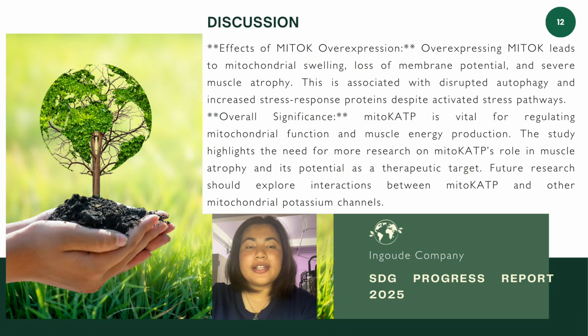The third, effects of mitochondrial overexpression. Overexpressing the channel leads to mitochondrial swelling, loss of membrane potential, and severe muscle atrophy. This is associated with disrupted autophagy and increased stress response proteins despite activated trophic pathways. And the fourth, overall significance. Mitochondrial KATP is vital for regulating mitochondrial function and muscle energy production. The study highlights the need for more research on mitochondrial KATP's role in muscle atrophy and its potential as a